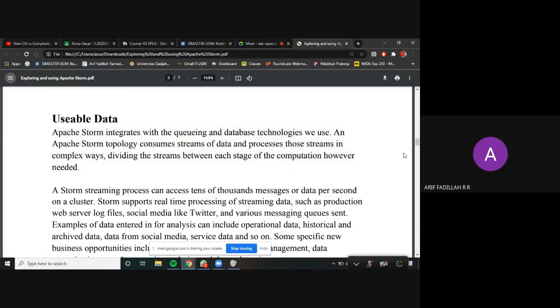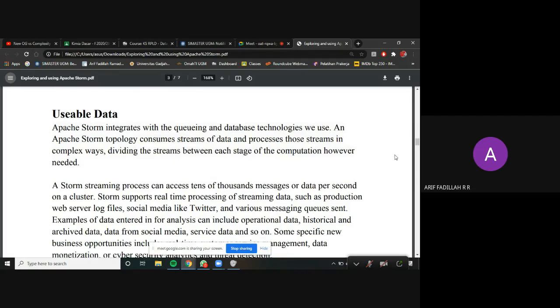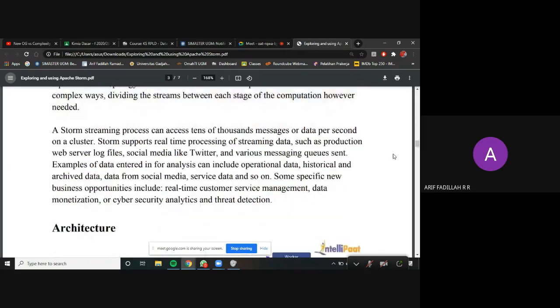An Apache Storm topology consumes streams of data and processes those streams in complex ways, dividing the stream between each stage of the computation, however needed. And a Storm streaming process can access tens of thousands of messages or data per second on a cluster.